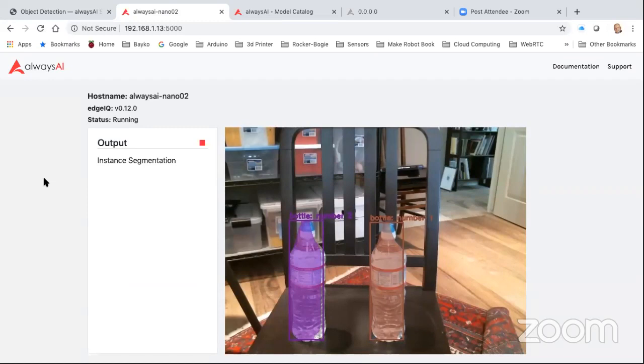It's going to uniquely find an object and set a mask to it. So as you can see here, not only am I detecting the bottles, but I know the uniqueness of the bottle. I have my two bottles, so you can see the different colors and you can see the masks around them. Now, this is pretty popular for things like inventory analysis from a camera so that you can see